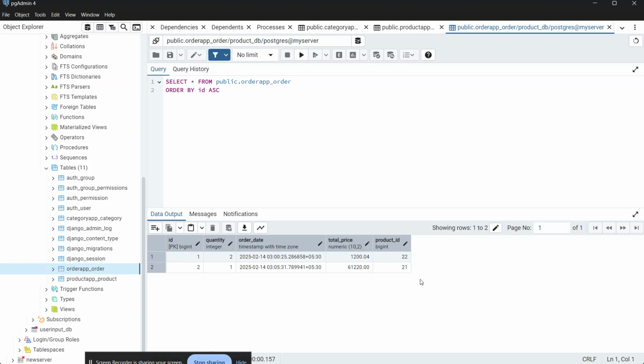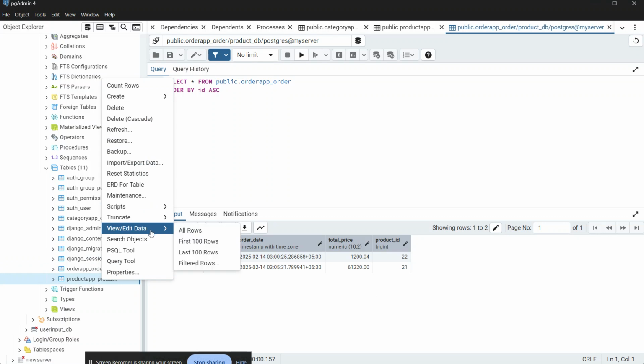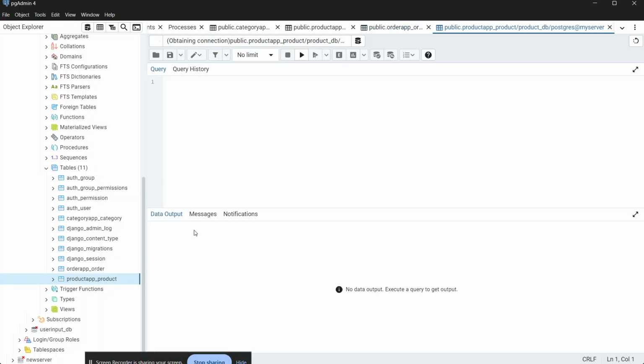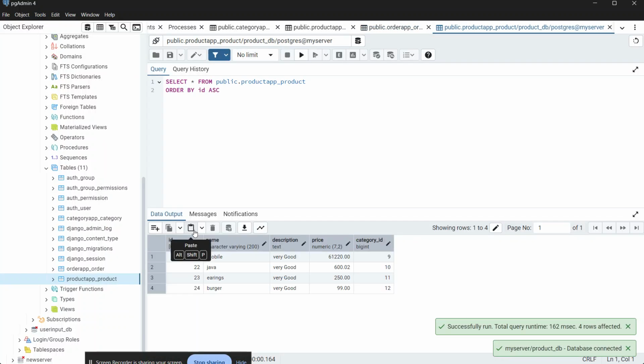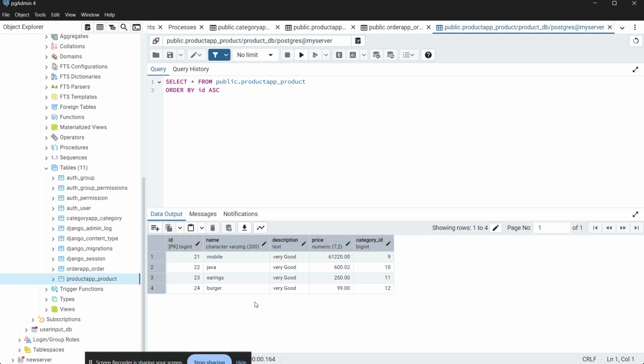By this product ID, we can figure out the products. If we go to the product ID, here is 22 and 21. If we go to the product app, this is the product table. 21 and 22 mean Java and mobile, and the Java is placed as an order.